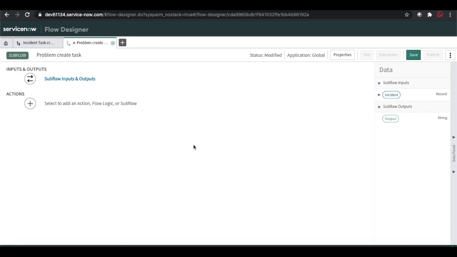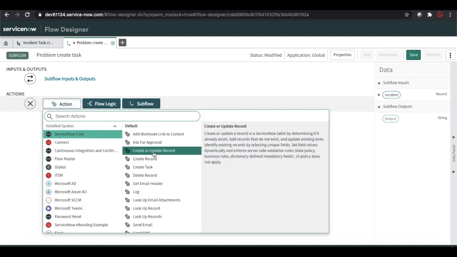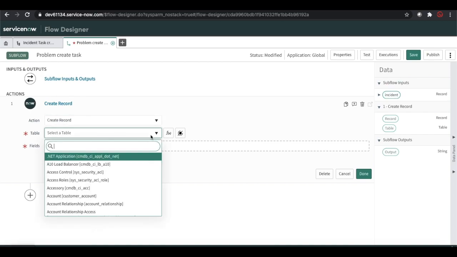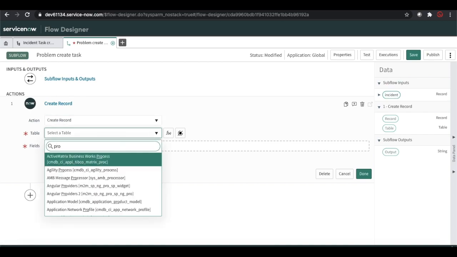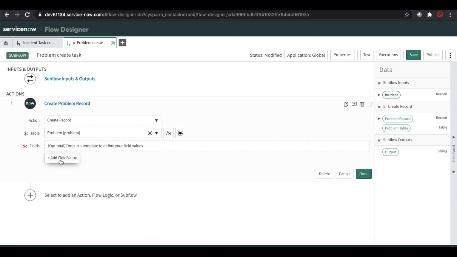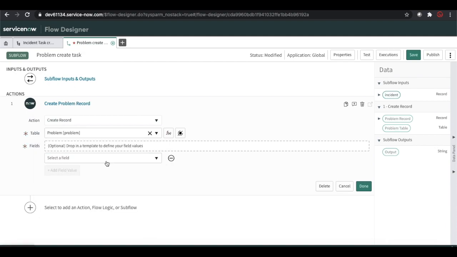So we'll take those two parameters, click action and create a record under the problem, and set the value for short description.